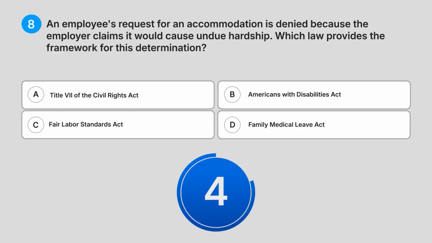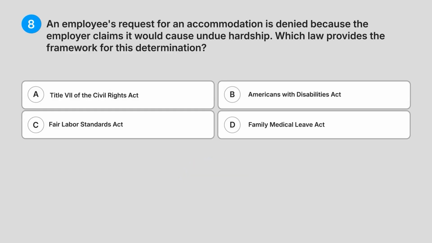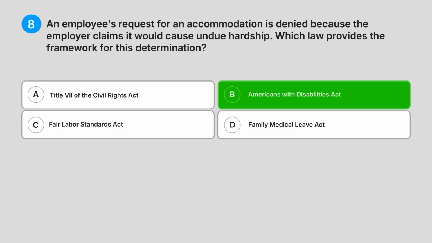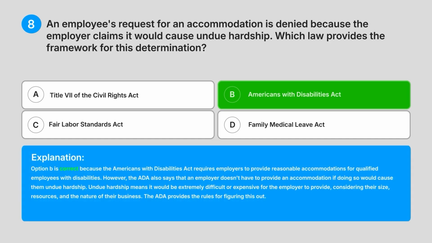Can you guess the answer? Correct answer, B. Americans with Disabilities Act. Explanation. Option B is correct because the Americans with Disabilities Act requires employers to provide reasonable accommodations for qualified employees with disabilities. However, the ADA also says that an employer doesn't have to provide an accommodation if doing so would